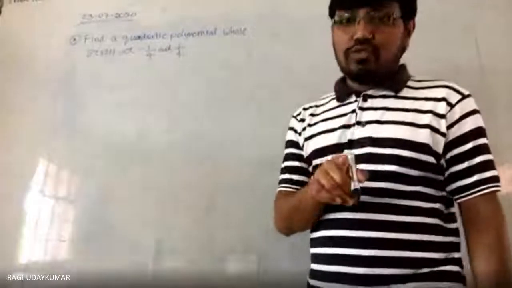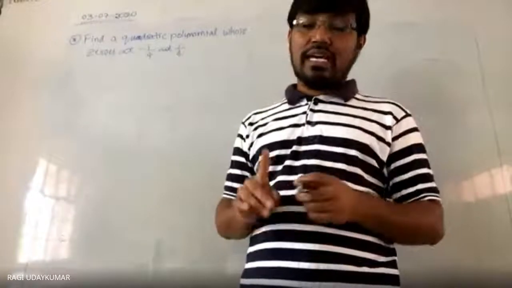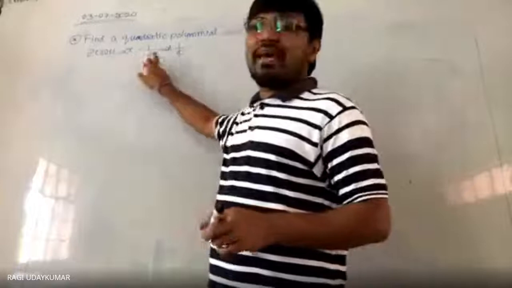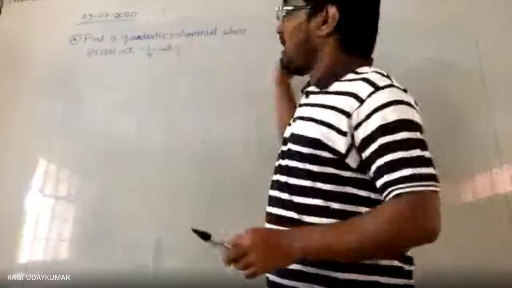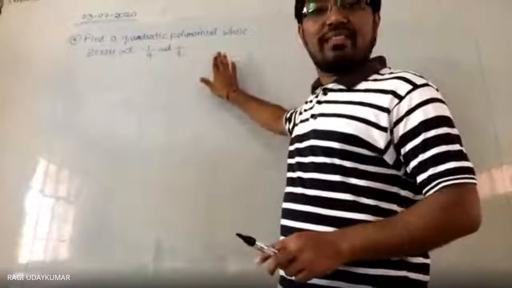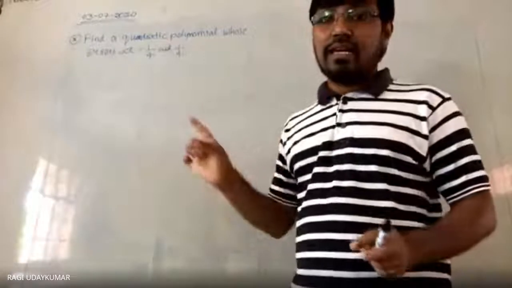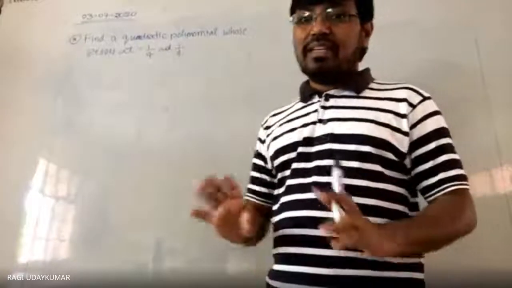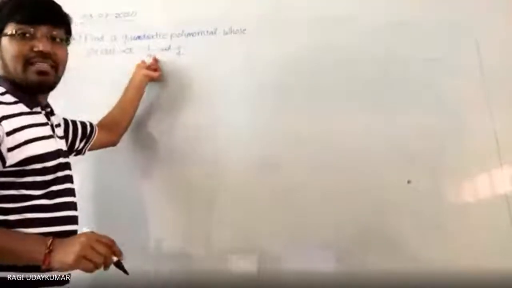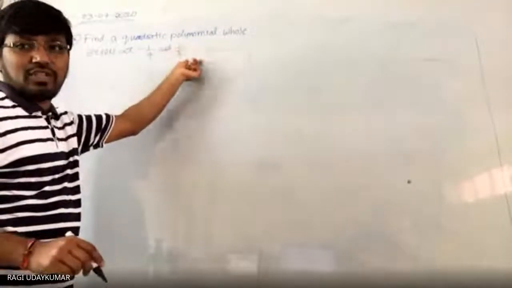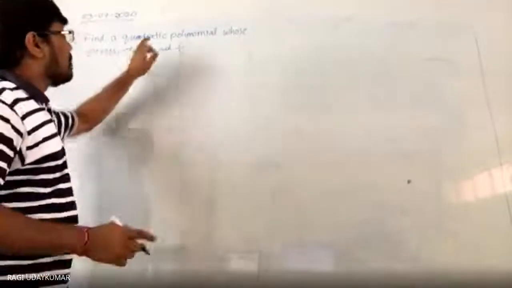It is given in your textbook, this minus 1/4, 1/4 problem. What is the question actually in the textbook? This is the sum, this is the product, in the textbook. But once in the examination the question was asked like this. Most of the students thought this is a question from the exercise, but it is not from the exercise. See here, the numbers chosen are the same, but it is completely different. In the textbook it is given that this one is the sum of the zeros and this one is the product of the zeros. But here the question was given in the examination to confuse, whose zeros they are.